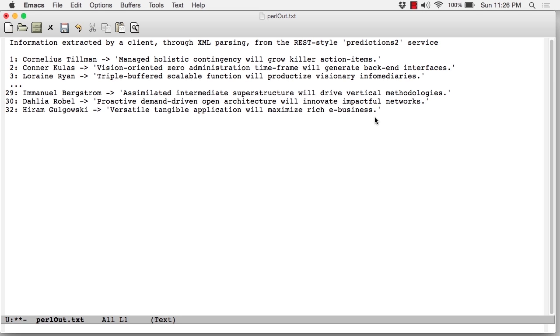In this lesson, we're going to look at a full client against the REST-style predictions2 service. Before I explain the working file that you see on the screen, that's perlout.txt, let me clarify what I mean by a full client. All of the clients so far have been very short Perl scripts, some of them packaged together to do a series of tests, and Perl is excellent for preliminary testing of RESTful web services, but curl